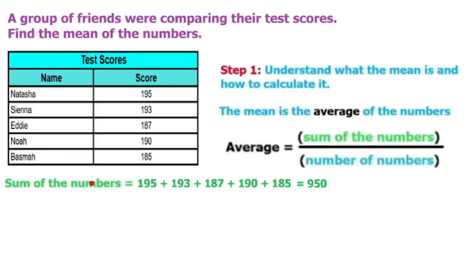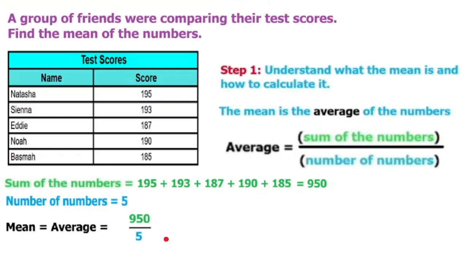So the sum of the numbers is 195 plus 193 plus 187 plus 190 plus 185, and that equals 950. Then we need to know what the number of numbers is. There's 1, 2, 3, 4, 5. There's 5 numbers. Okay, now we just do the average to find the mean, and that's 950 divided by 5,